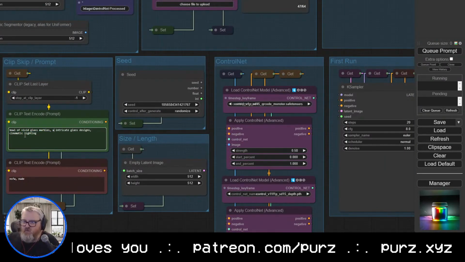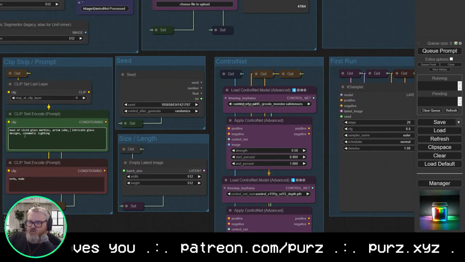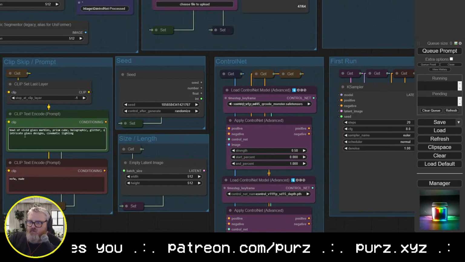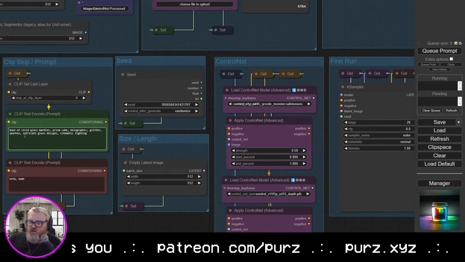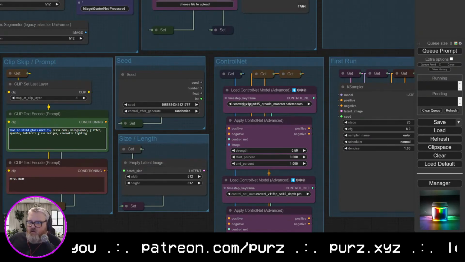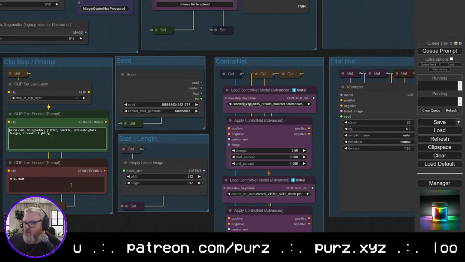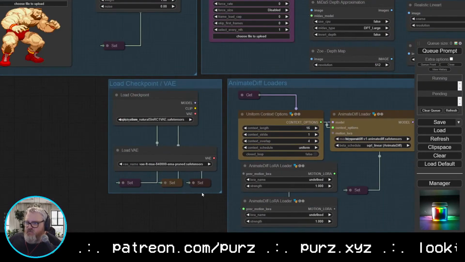So let's go prism cube, holographic, glitter, sparkle, intricate glass, cinematic lighting. Yeah. And we're still using Epic Realism. Let's try